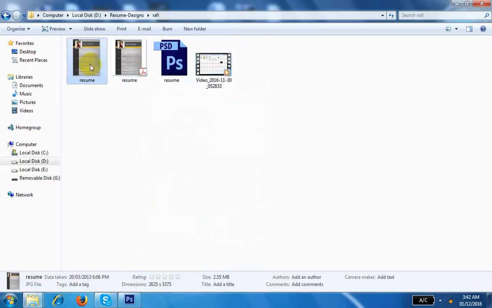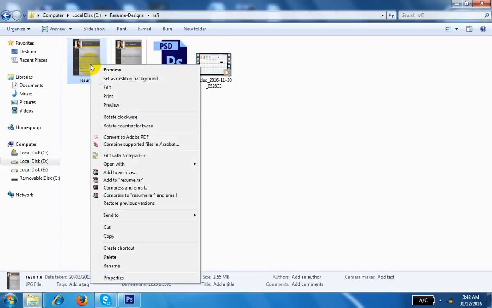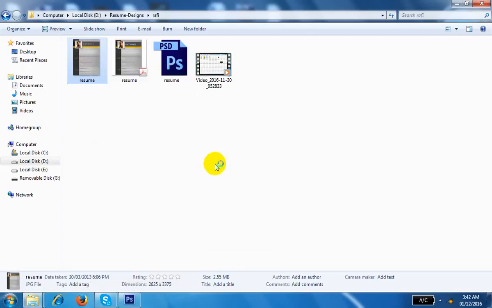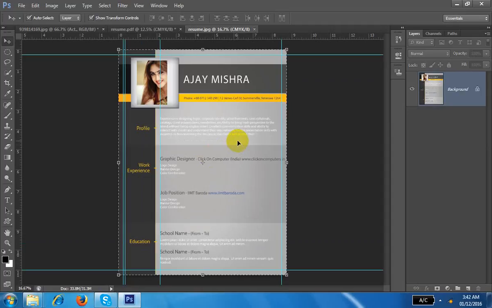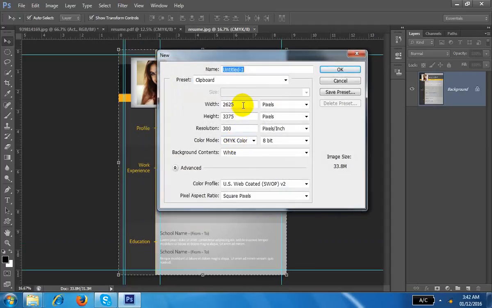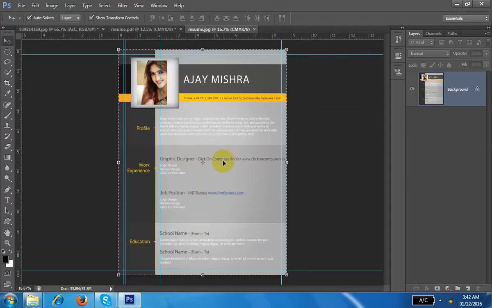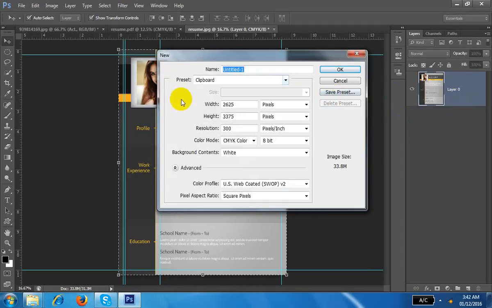Again, the same thing with JPG, you can find many times. If you don't find anything online, then you can go there, then Control A, Control C, Control N. This is the size, 2000 pixels by 3000 pixels. How can you know the size? This is the JPG image, you understand. This is not a PSD file. Okay, this is the JPG file. So Control A, select all in the layer, same layer only, because there is one image. Control C and Control N, you can find the image's total size.